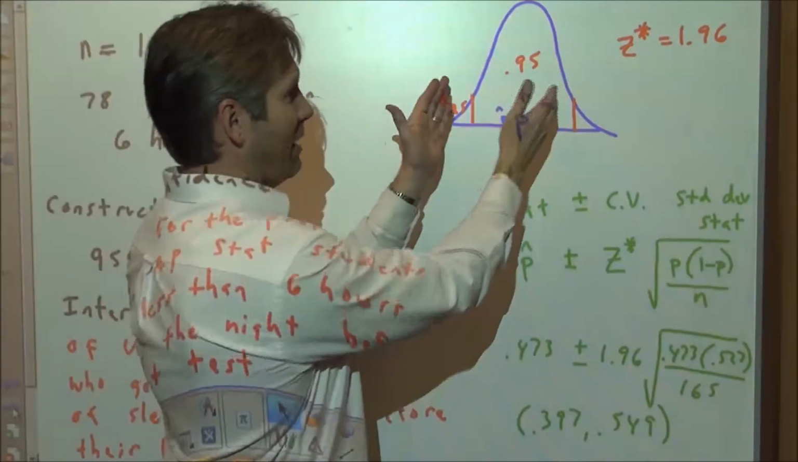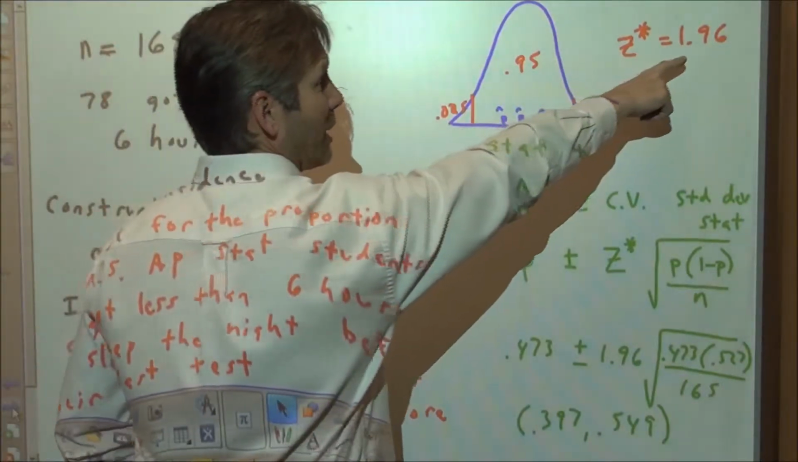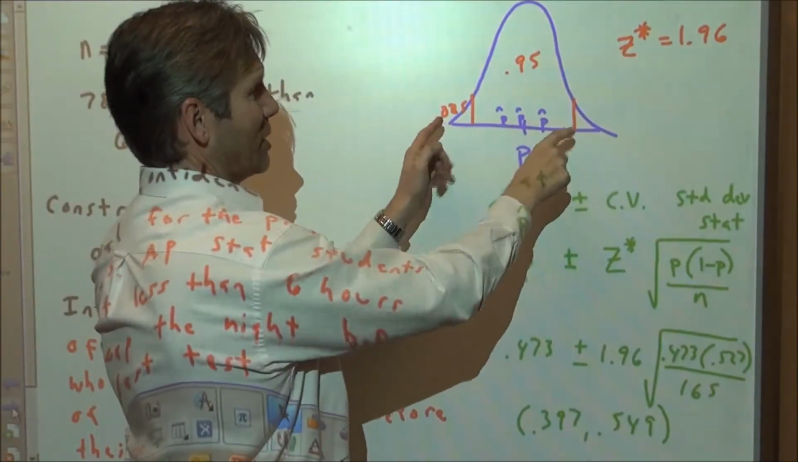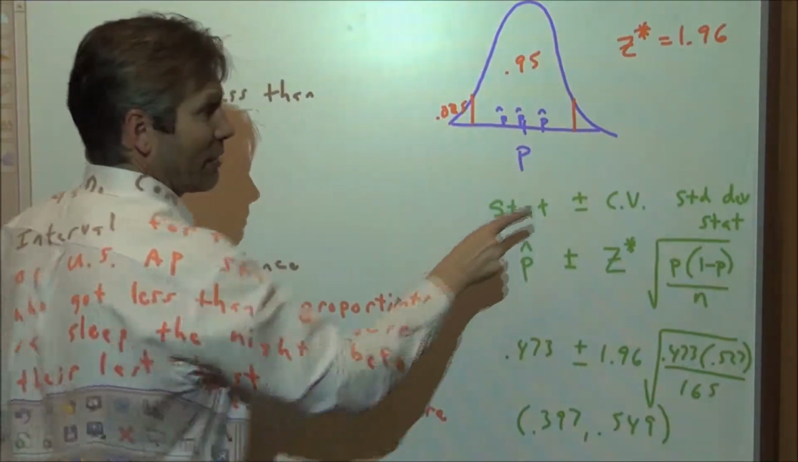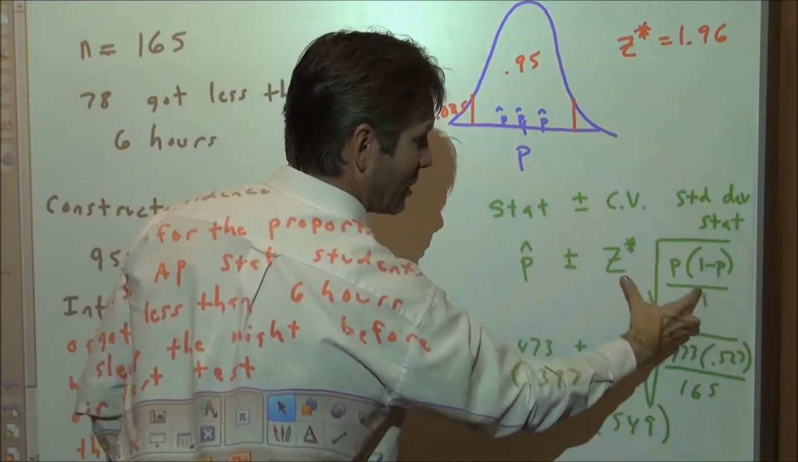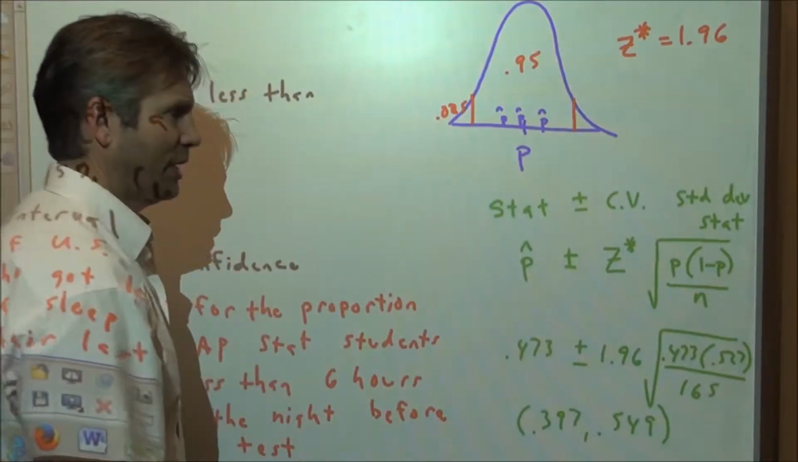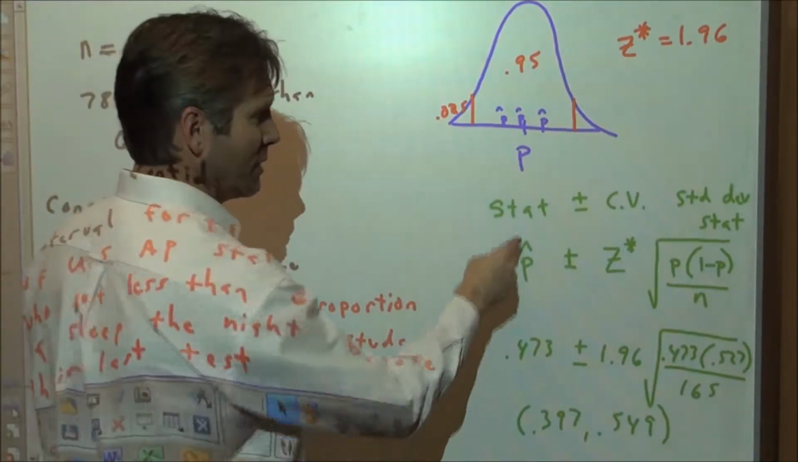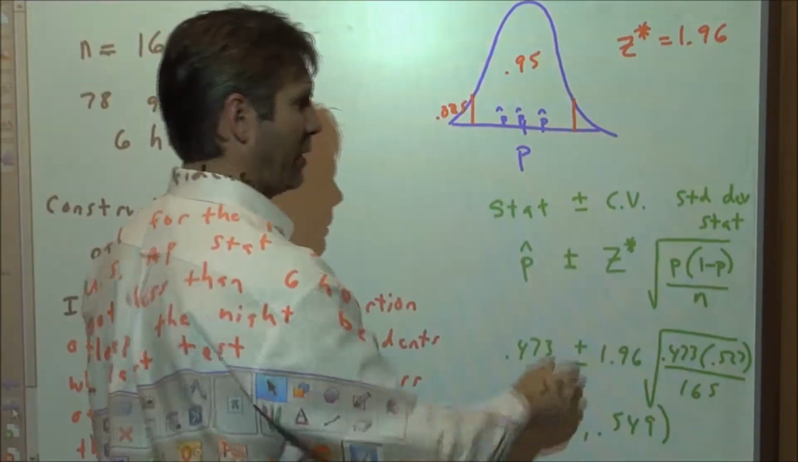Where would the middle 95% be? Well, we know from doing this that if you go 1.96 standard deviations in each direction, you'll trap the middle 95% of all sample proportions. Therefore, 1.96 standard deviations is the margin of error that we have to go in each direction to trap the middle 95%. On our formula sheets, we see that we take our statistic plus or minus critical value times standard